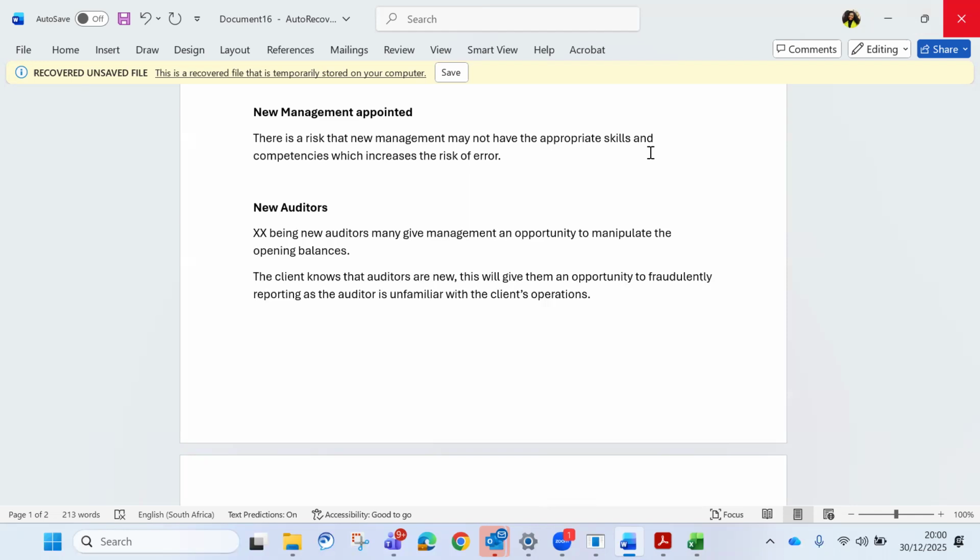You look at things like your audit fee. The audit fee that you're charging, is it too much? When you look at the audit fee, look at whether the client is capable of paying it. If they tell you the client is going through financial struggles, you say the client seems not capable of paying the audit fee. Or if they say they've been doing well, you say they're capable, therefore you can accept. But if they're not capable, we shouldn't accept, because are we really going to give them the best team and capabilities if we can tell from the beginning that they can't pay the audit fee? Then you don't even accept them.